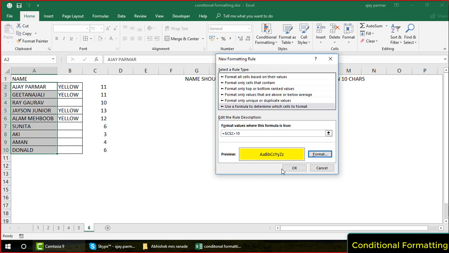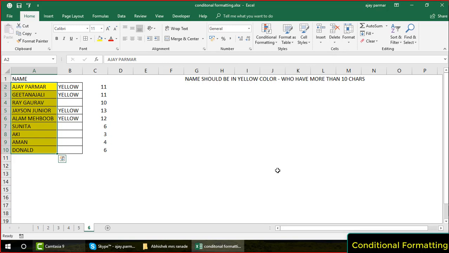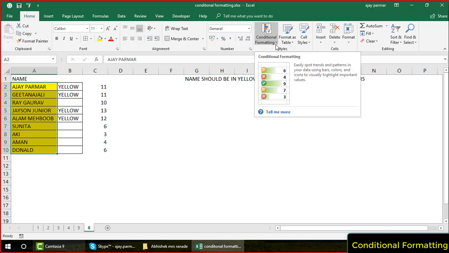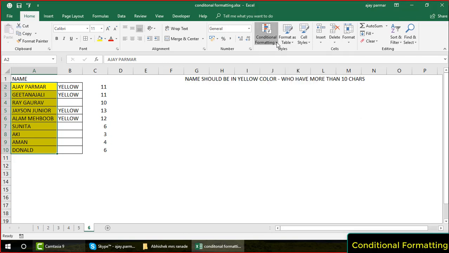Simple, right? I click OK. Now, when I do that, see this, the coloring happened here, which is good, which is correct. But it has colored all the cells, and this is something which bothers us a lot when we start conditional formatting. Though I gave you the answer in the last lecture also, not sure if you remember, but the point is you have to be very careful in giving the references, in giving the dollar signs to your conditional